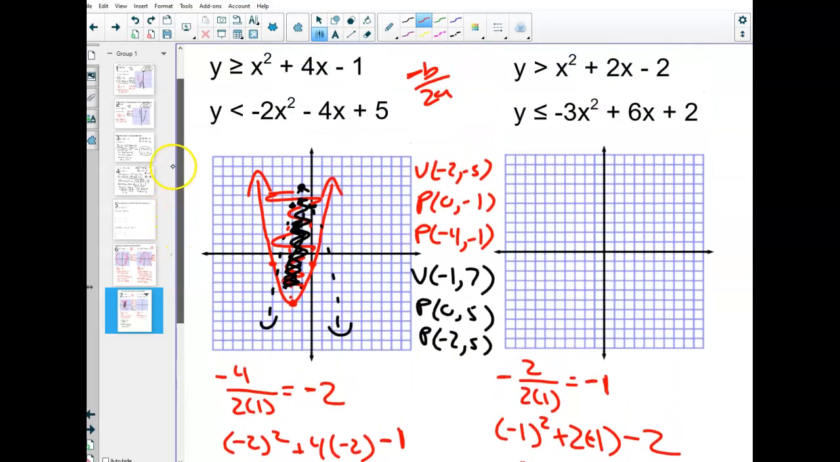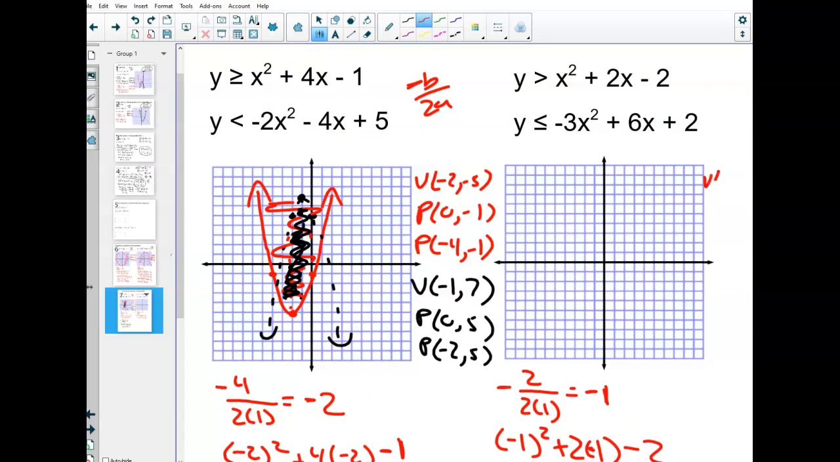So my vertex is negative 1, negative 3. 0, negative 2 is 1 point. Do that line of symmetry, and I go over 1 this way. So it's point negative 2, negative 2. That's enough to graph, and it should be a dotted line. Means it's a greater than sign. Second one,